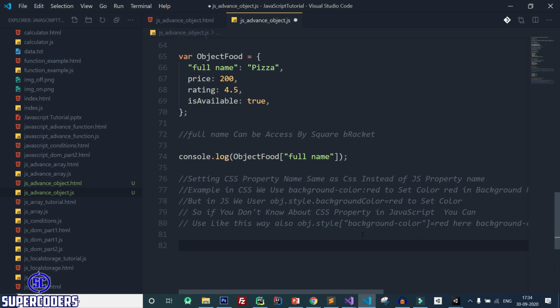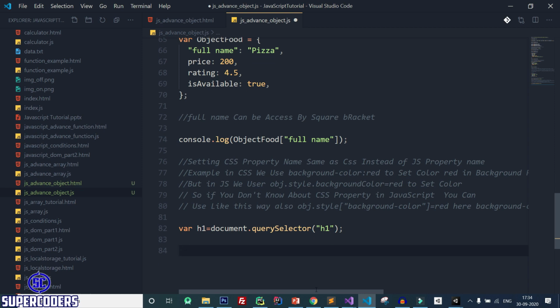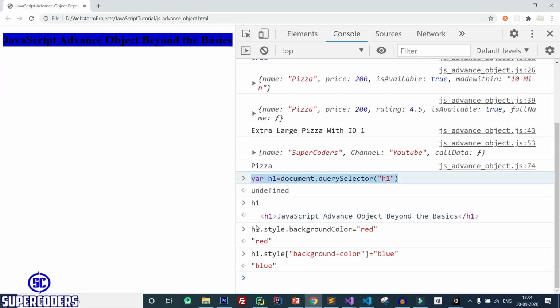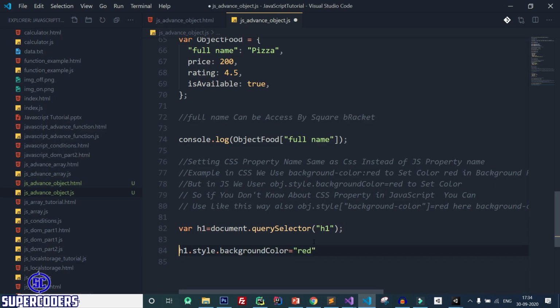Now let's print it and set this style. So back to Chrome, copy this also. Setting red background using JS CSS property.